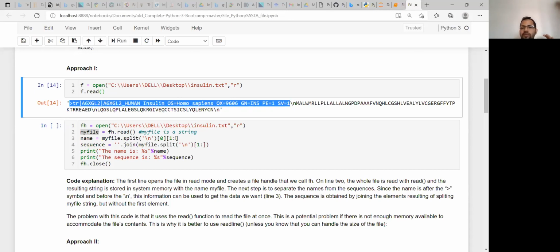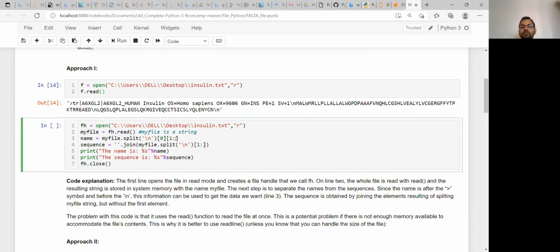When we run it, it will be more clear. If we are interested only in the description part, that means without this greater than symbol, because greater than symbol is for the format but it is not the description part, so we are using 1 colon all the materials. It will omit the 0th position of this first element.